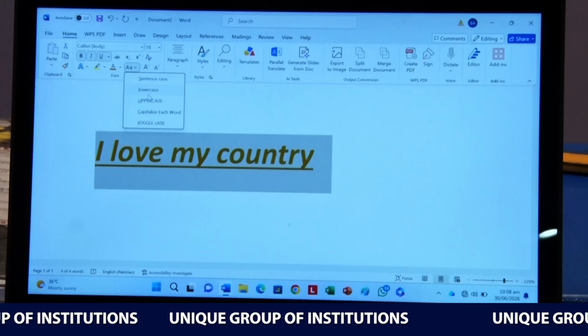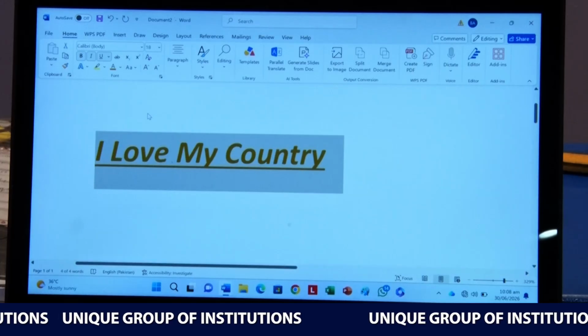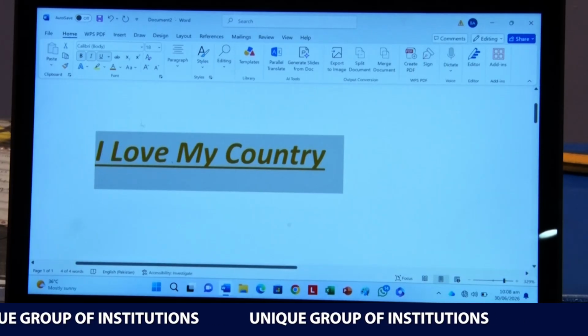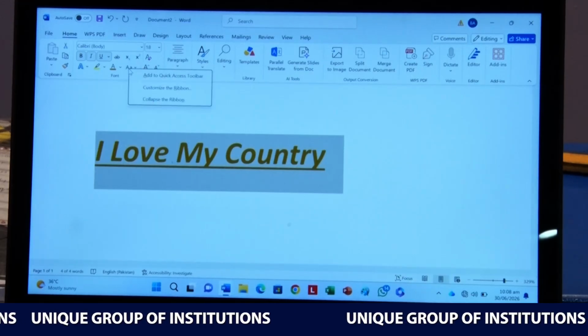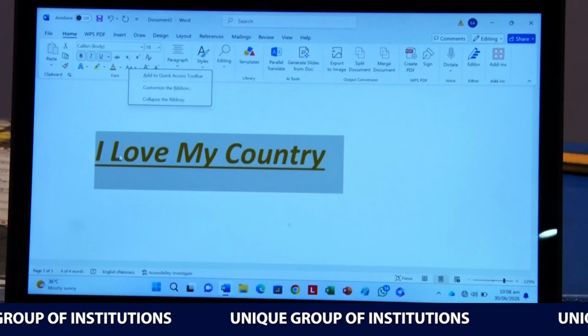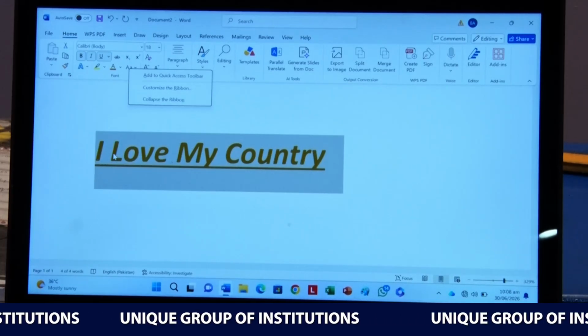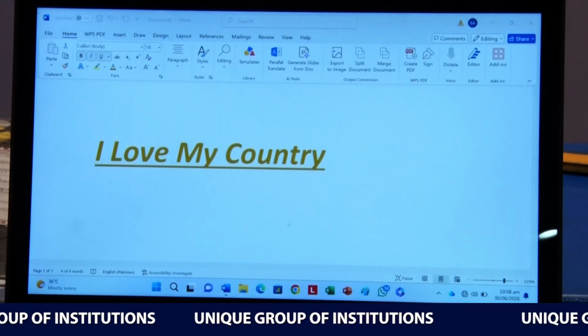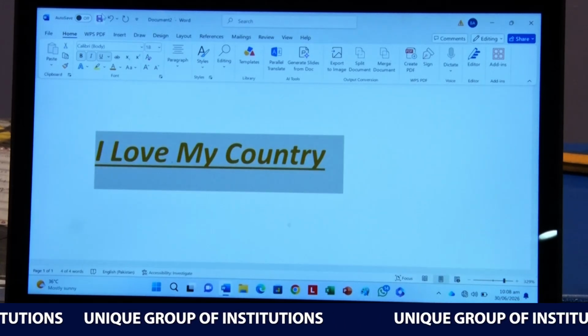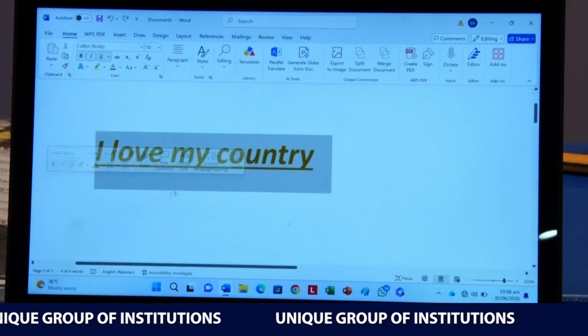You can press any one of your choice. I select capitalize each word, and every word of my sentence has been capitalized. If you want to undo your changes, you can press undo button.